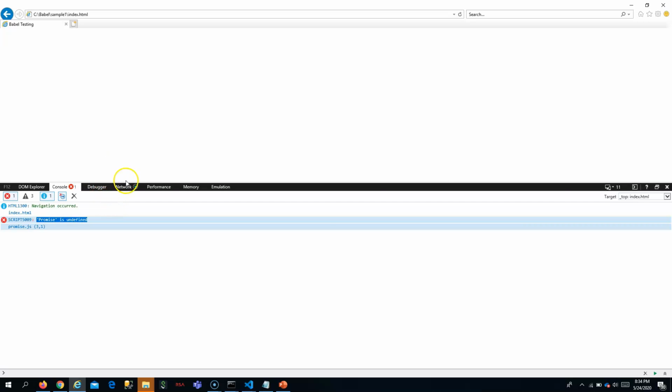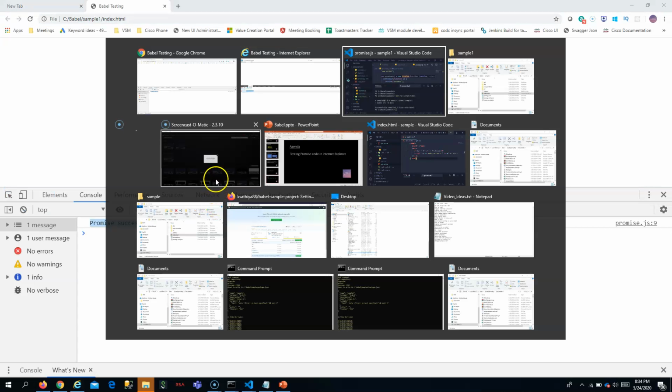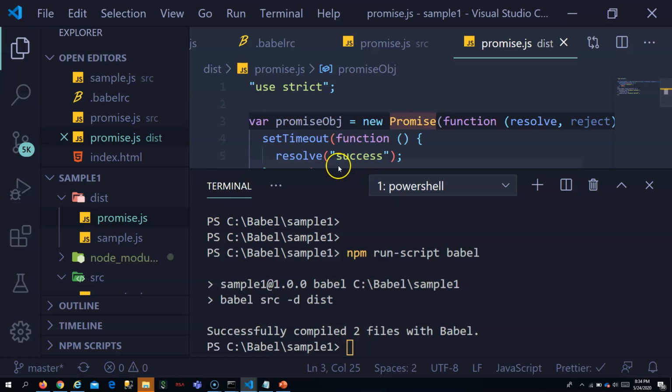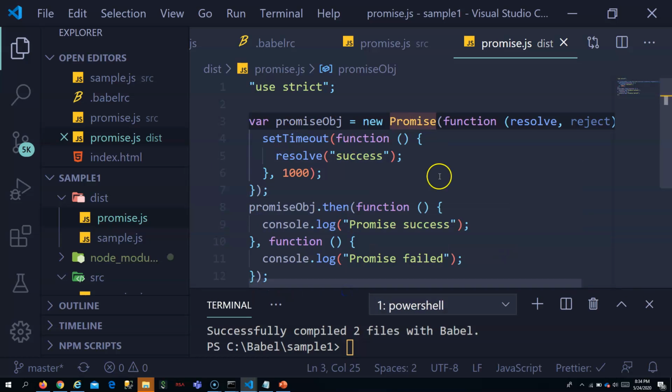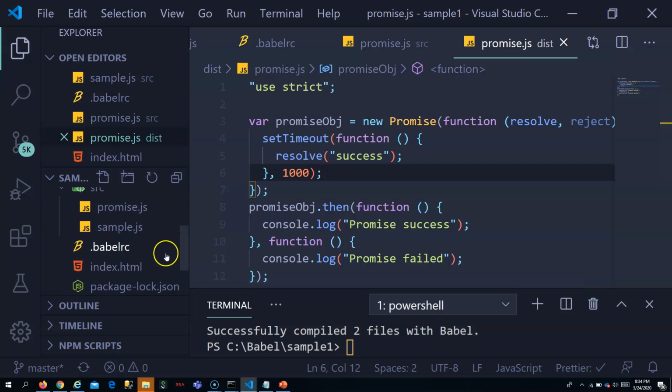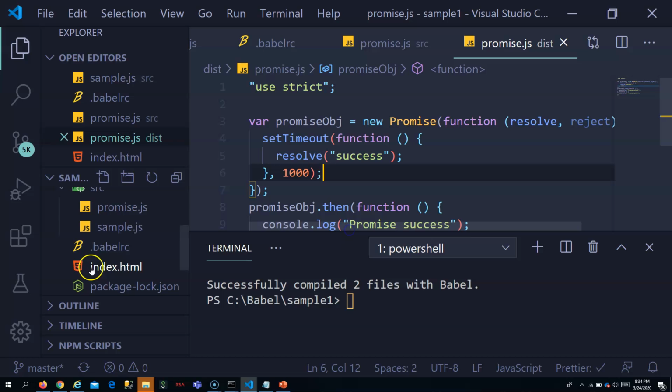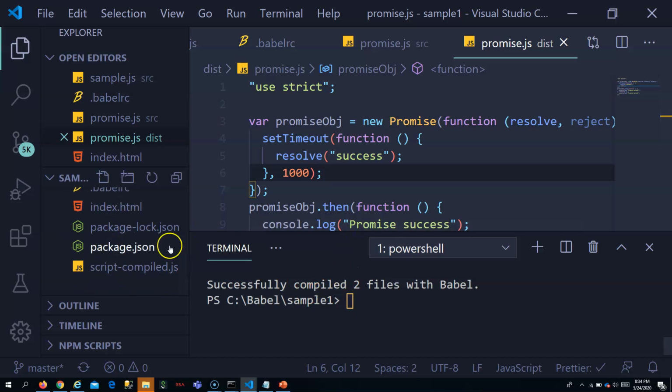You have to source Babel polyfill. So let's go to our VS Code and try to source Babel polyfill. For that, what I need to do is first install polyfill. That polyfill I have already installed.